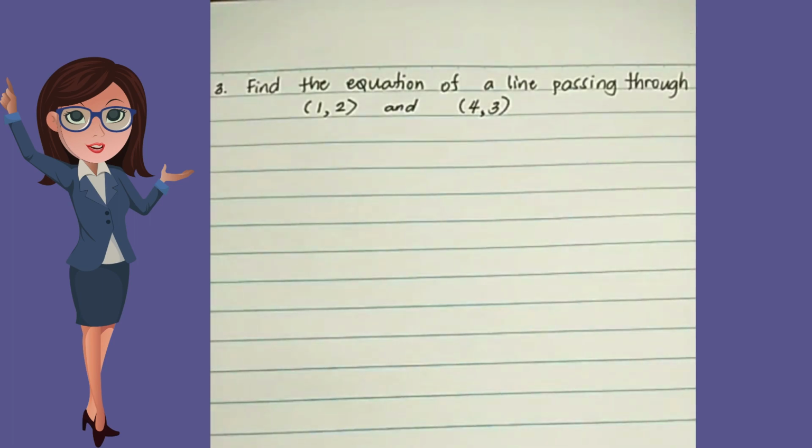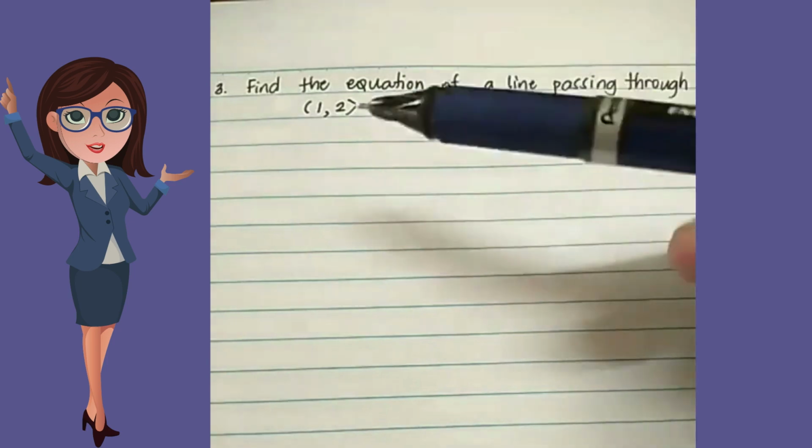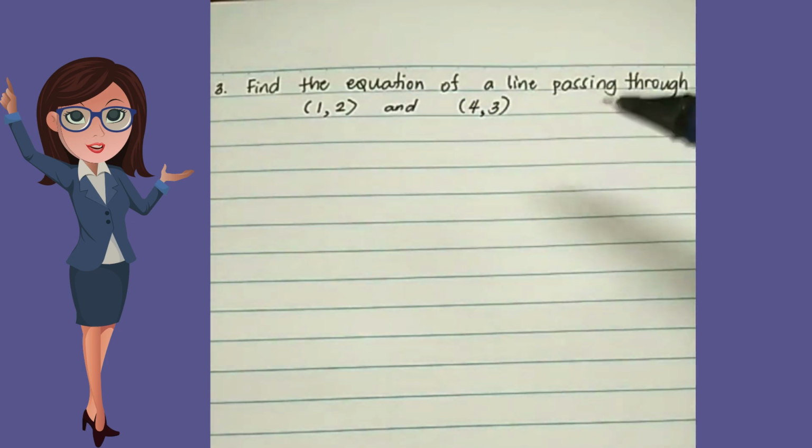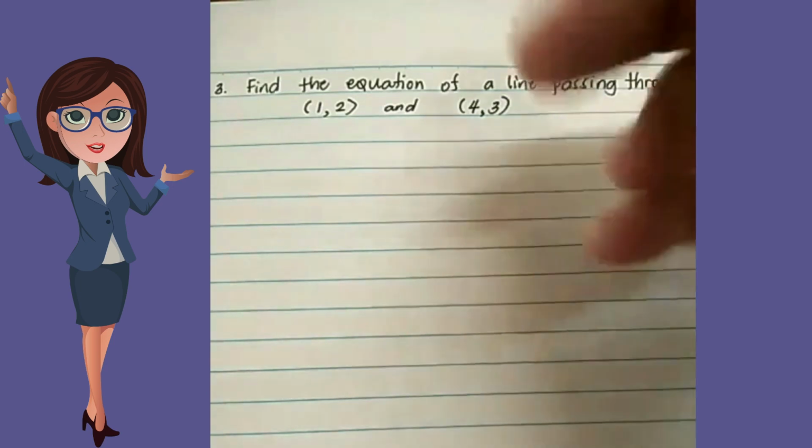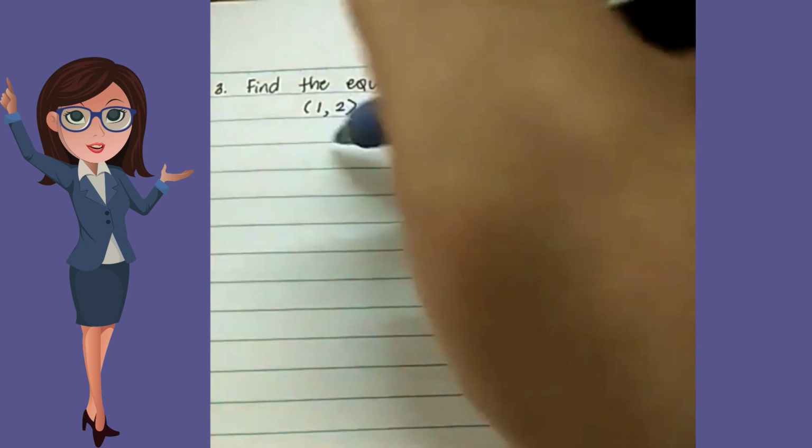Sample number 3. Find the equation of a line passing through (1, 2) and (4, 3). So in case of this one, is the slope given? Okay, so we do not have here the slope. What about the y-intercept? Again, the y-intercept is not given. Therefore, we will be using another form of a line given by the equation